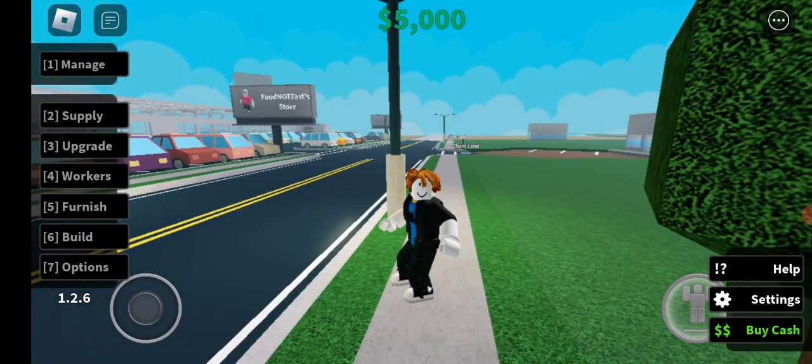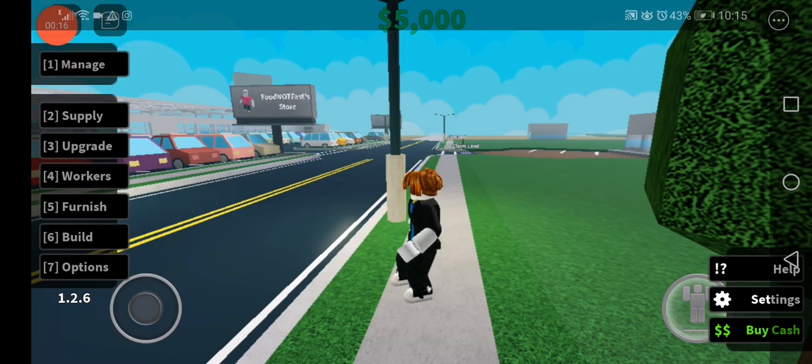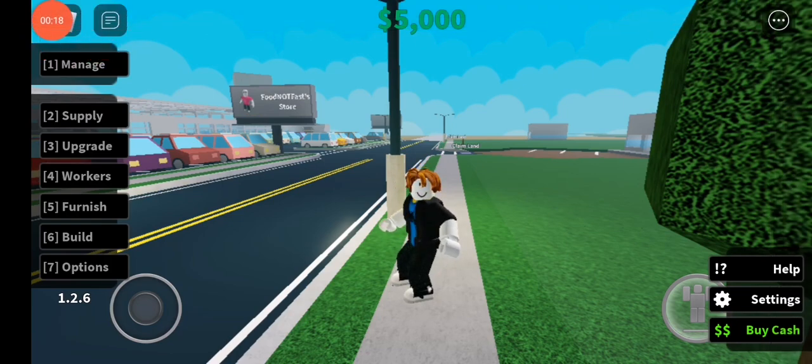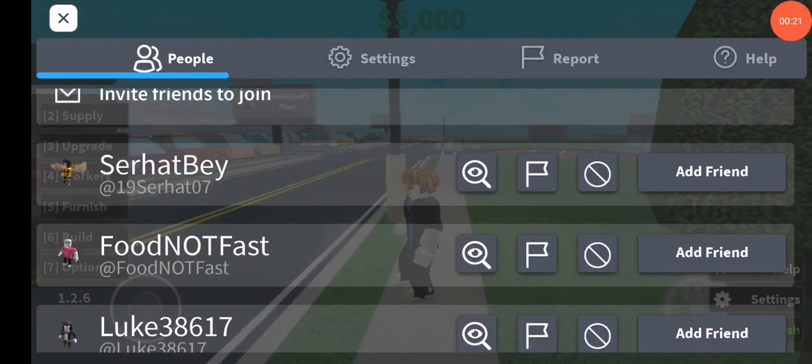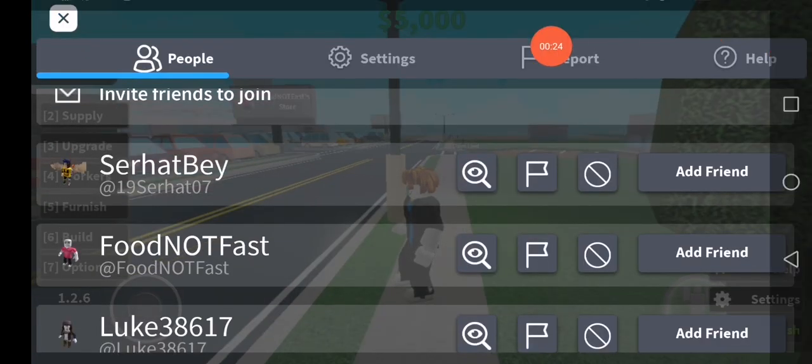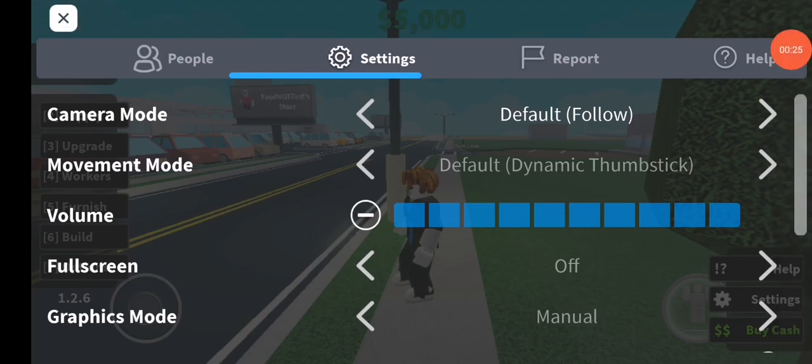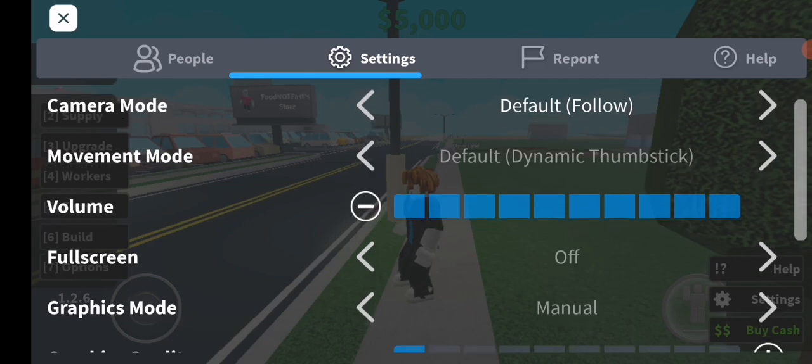Go to the top corner right here and click on the settings of Roblox like this, and you will find some options right here. Click on settings, and now all you have to do is just copy my settings as you can see,